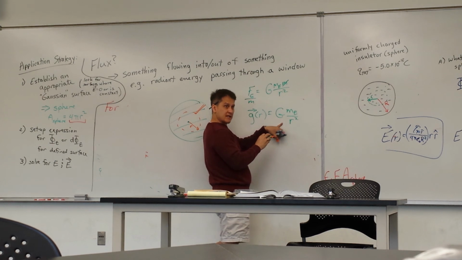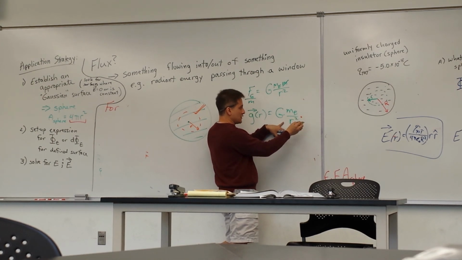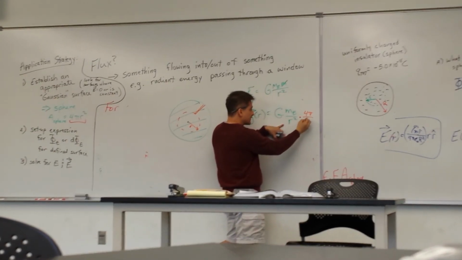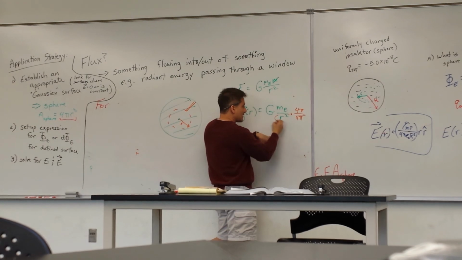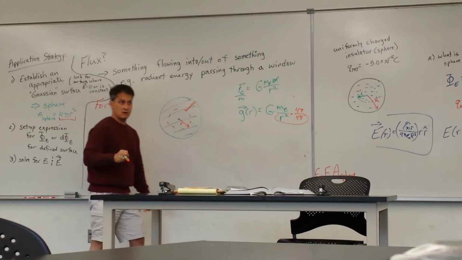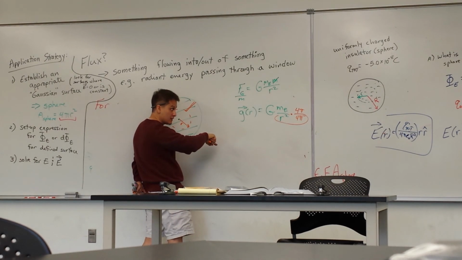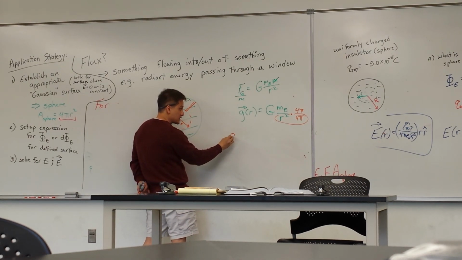Well, if I wanted to replace this by A, one thing I might do is I know the area of this thing is going to be 4 pi r squared. So if I multiply by 4 pi and divide by 4 pi, now I've got the area of that sphere. So if I just rearranged it, what I'm left with is G